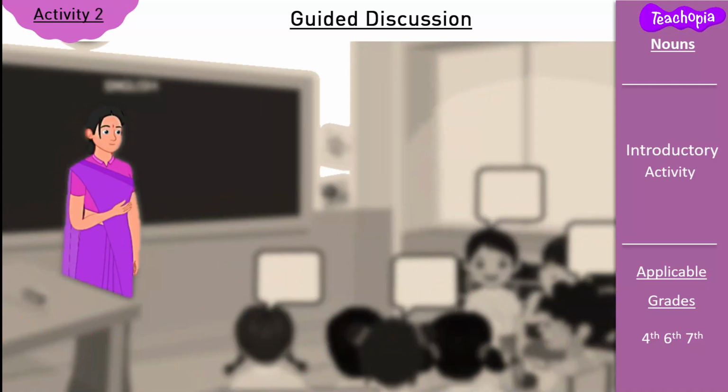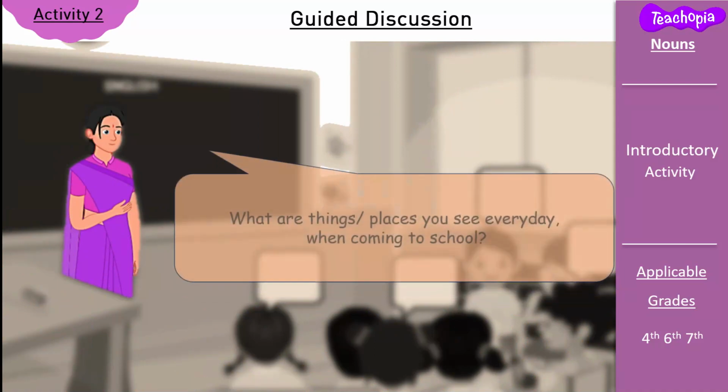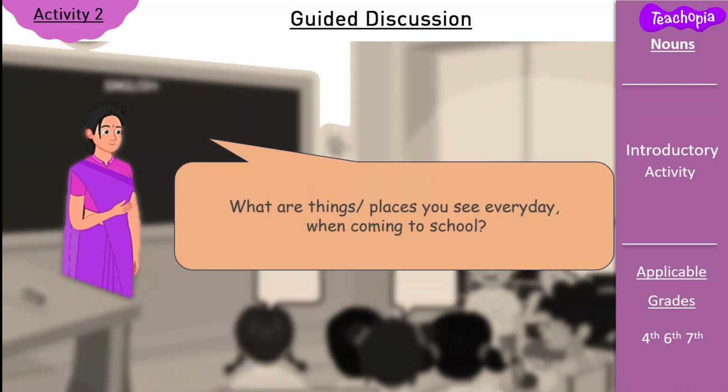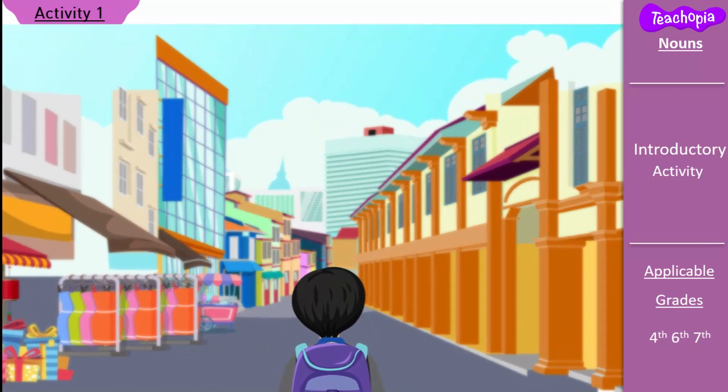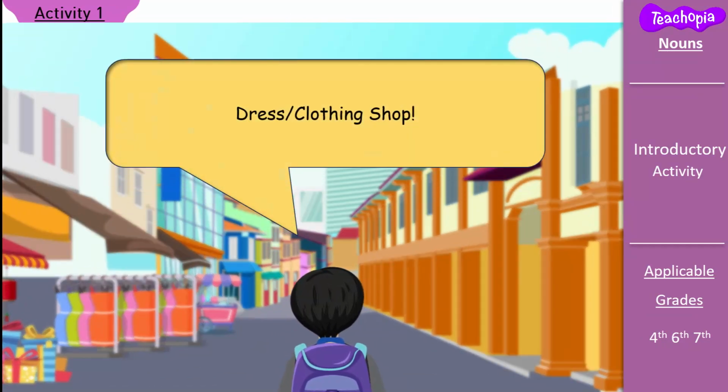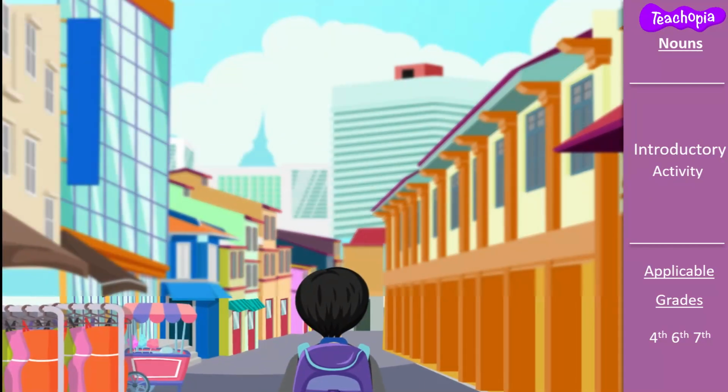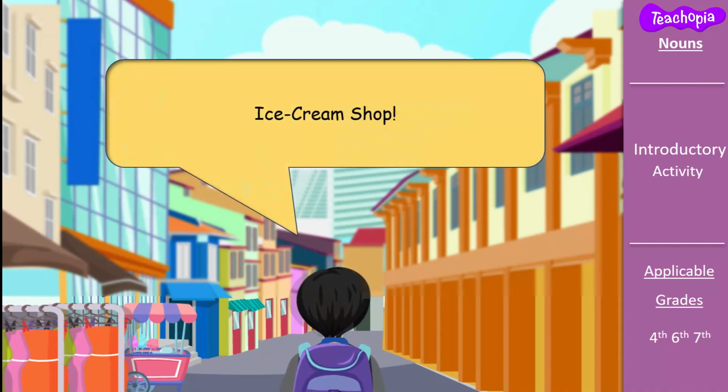To build on this activity idea and to bring more variety of nouns from the learners, you can continue by asking, what are things, places you see every day when coming to school? Learners will try to think of all the things they come across on the roads, like dress, clothing shop, ice cream shop,